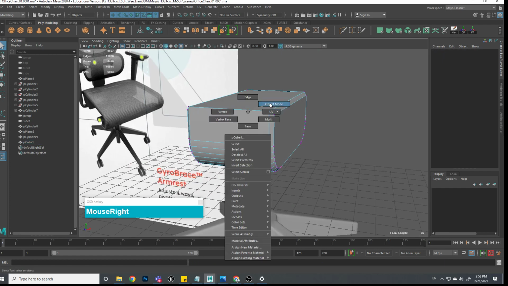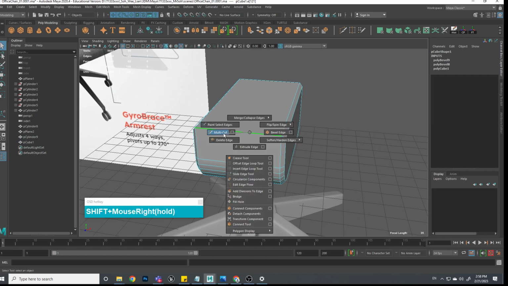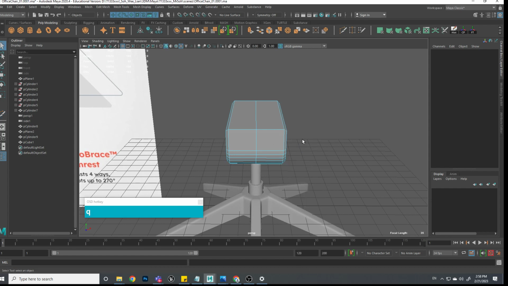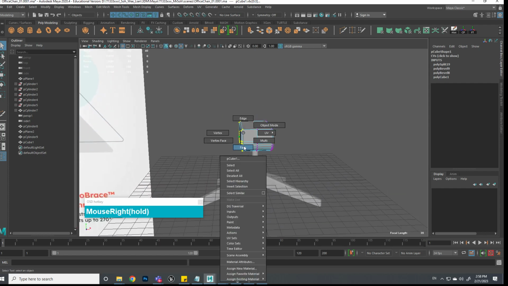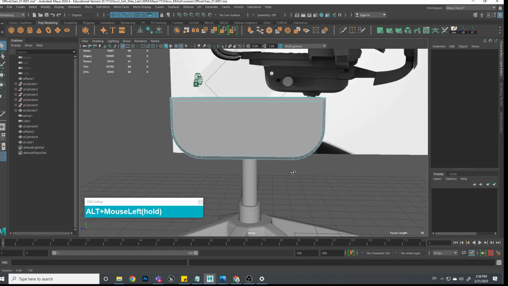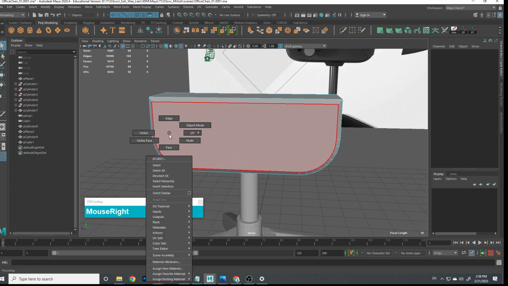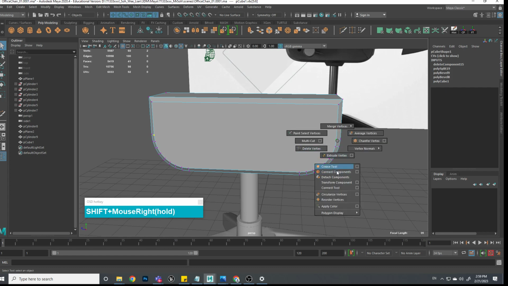So I will split this into 2, because I only want to work on one side and then mirror the other side later on. So go to edit mode, multi-cut and cut in the center, and we will delete away these group of faces on the side, because we only need to work on a half, so we don't have to do double work. Right now we've created an even number of segments to create the bend. Then we should be able to fix the topology quite easily. So connect the components here,